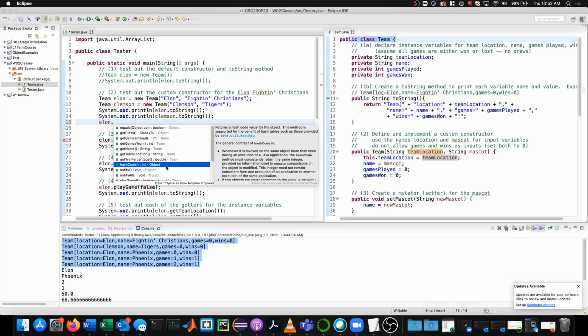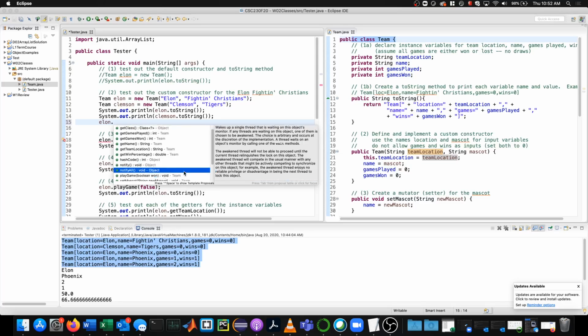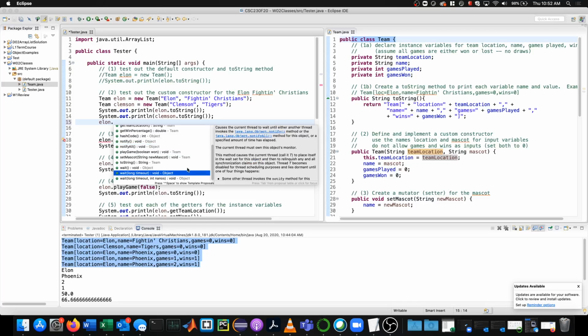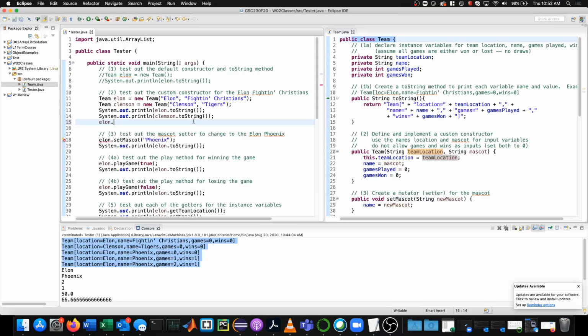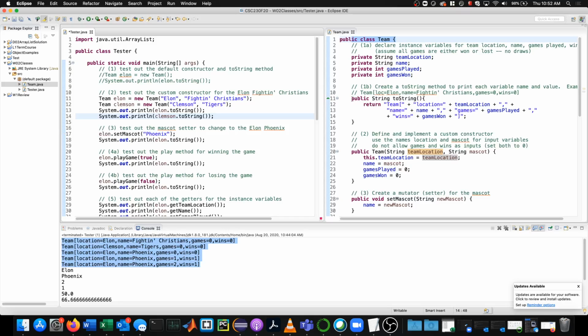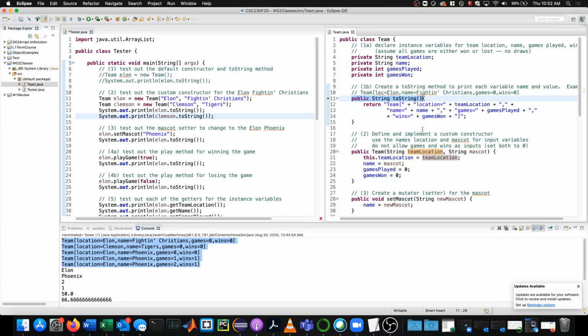However, it's important that there are some things that are just useful for all objects, all classes you create, to be able to do. And so some of these methods are inherited by default and available by default. One of those methods is the toString method. Specifically, if you type public String toString(), this method header is inherited from the Object class, and by overriding it, by defining it in this Team class,